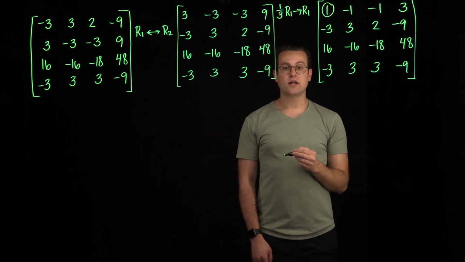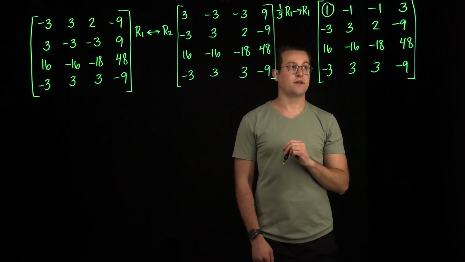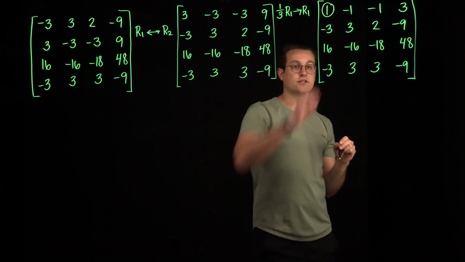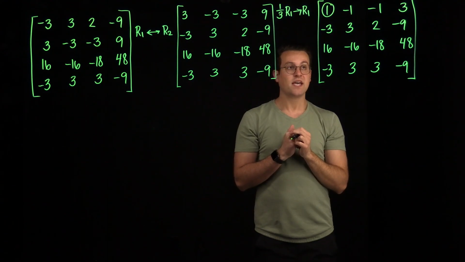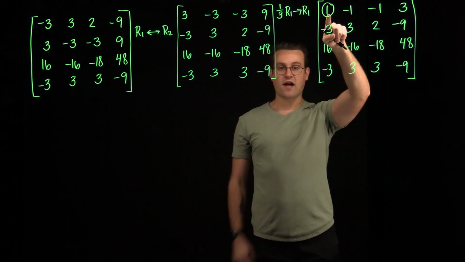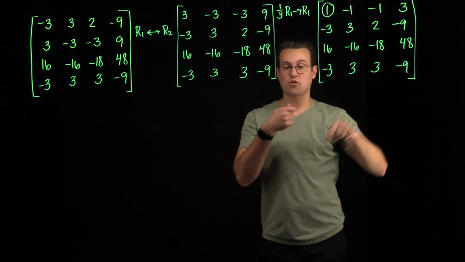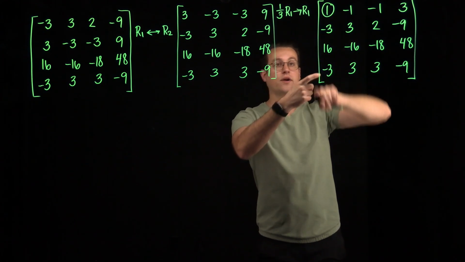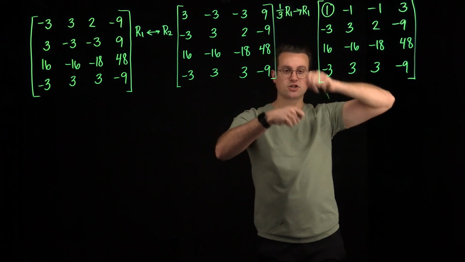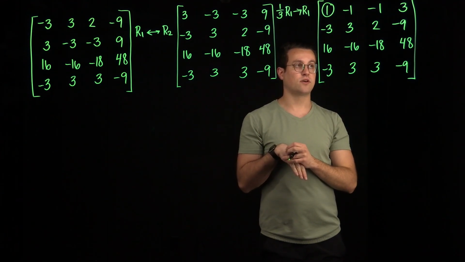Okay, so at this stage, I have a 1 in that upper left-hand corner, so this will be a pivot. And I know that I want to have zeros everywhere else in that column except for the pivot. So I need to do some row operations to row 2, row 3, and row 4 in order to get zeros there. And here, I'm going to leverage the fact that I have a 1 up here. So I'm going to use row 1 and the row I'm trying to change. Since each of these are independent, they're all going to rely on row 1. They're not relying on each other. I can do all these row operations at once. So this will kind of save me some work here.